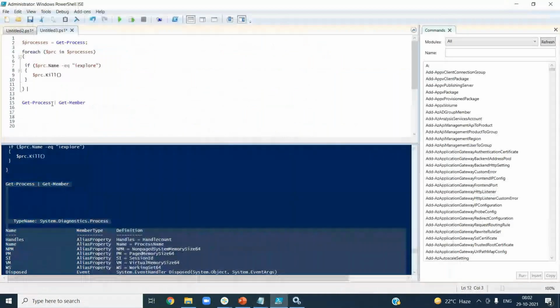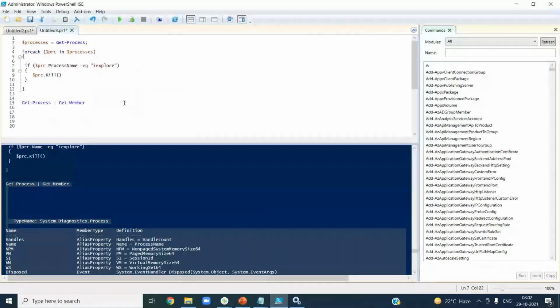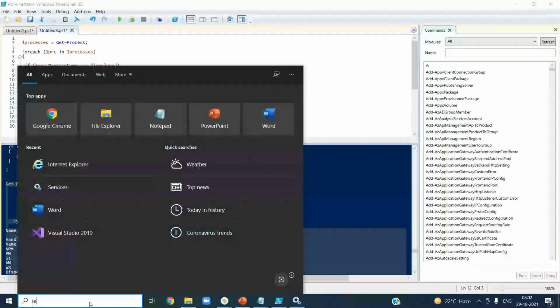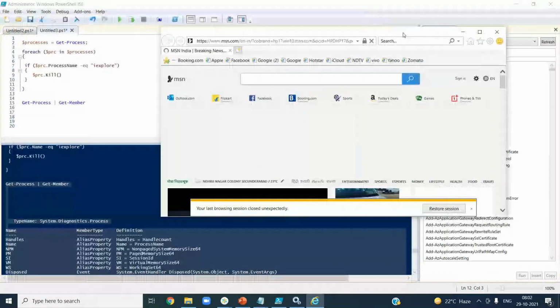Okay. Now, what I'm doing here is pretty old and outdated. That's the reason even name is also coming. You have to use process name. Okay, let me open that. That also works, and this also. Frequently people outdate the older stuff.